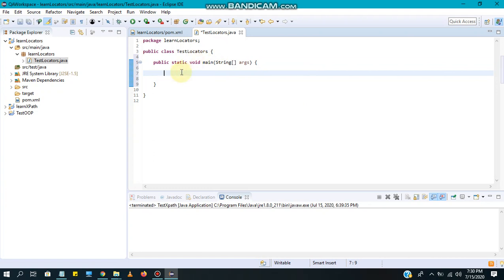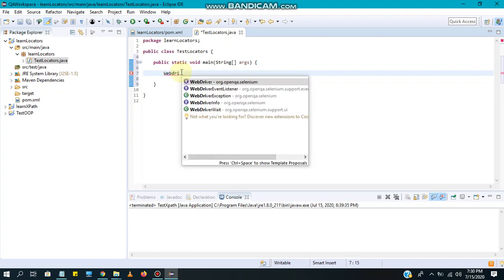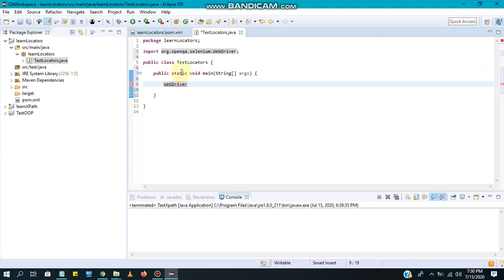First of all, we need to initiate WebDriver. Driver equals new ChromeDriver. I'm going to use the Chrome browser.